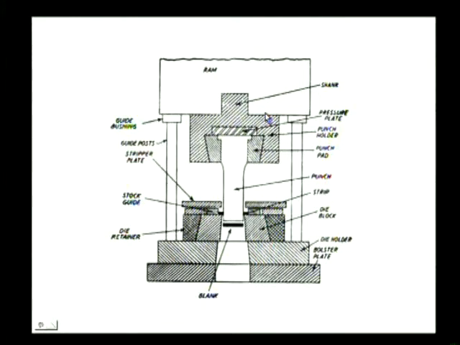Now you can see the die set here, and this male component is known as the punch, and this is known as the die or die block. This punch is attached to the ram, which is made to move either directly or indirectly, whereas this die and die set are mounted properly at the correct place on the bed. So, this is the bolster plate.